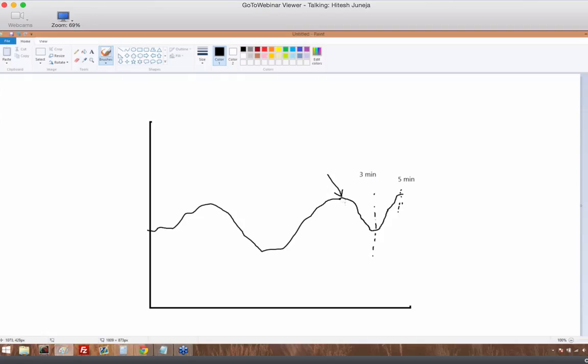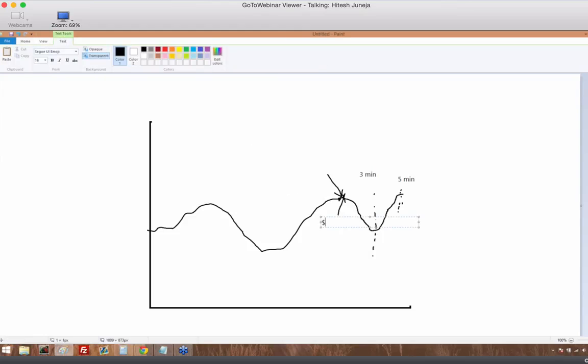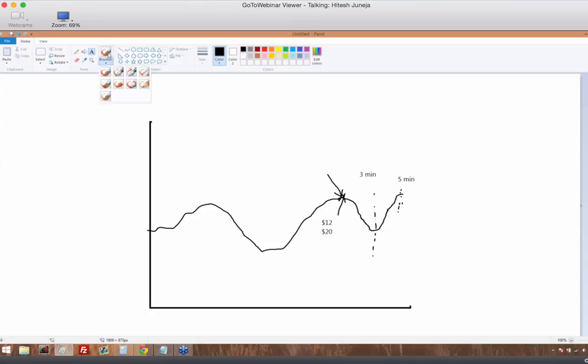So what you end up doing is you set up a working order on this: as soon as I enter the trade and as soon as I am 50%, or some reasonable payout percentage, in the profit, close the trade. Let's say your cost for entering the trade on Nadex was $12. Then you would set it up so that when the price is 20, go ahead and close the trade, fill that particular order.